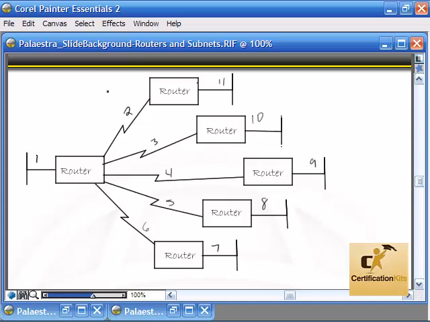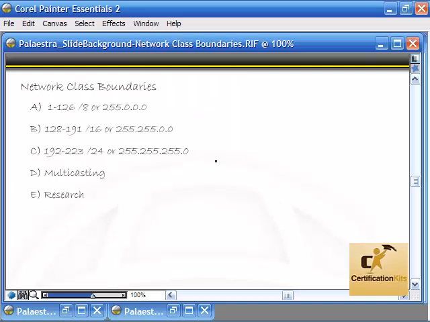Now, we want to address it. We're going to be using the 12 network address /8. Now, it's important to know a couple of things. I'm going to jump back here real quick. It's important to understand what class of IP address this is. This is a Class A IP address. So let's take a look at a couple of these things before we go in and subnet this out. I've brought up the slide real quick of network class boundaries, and this is just something that you have to know. A Class A network address defaults to a subnet mask of